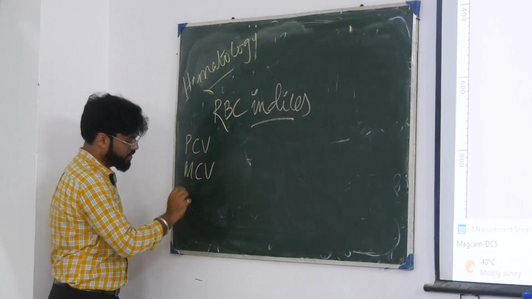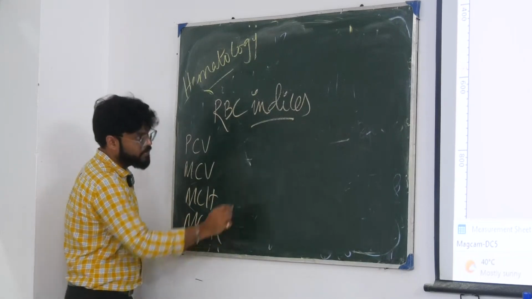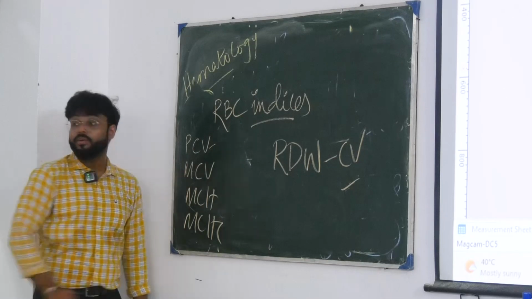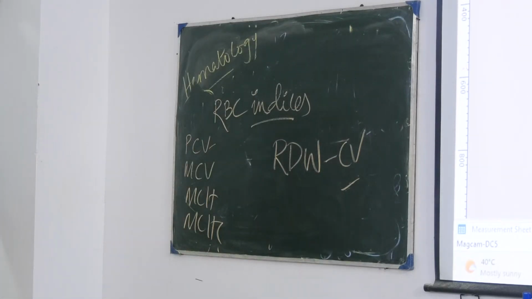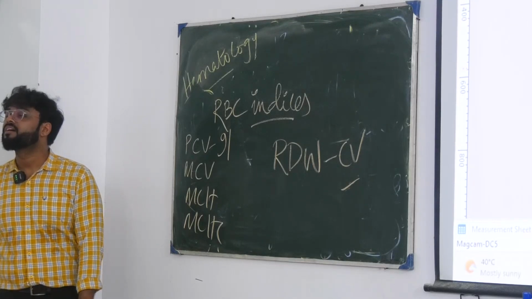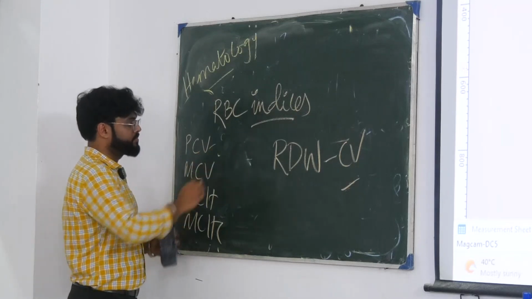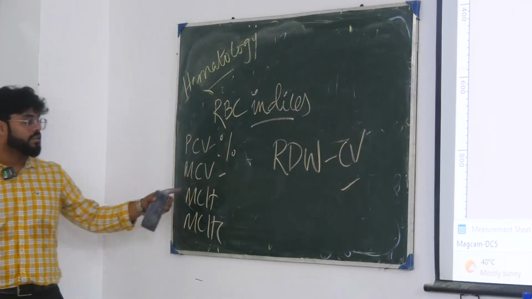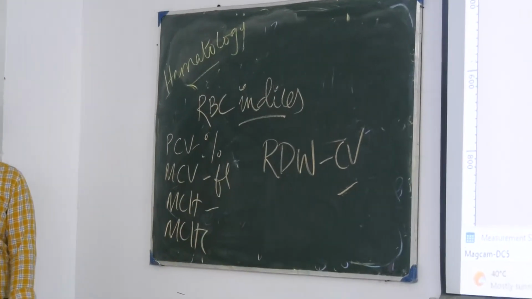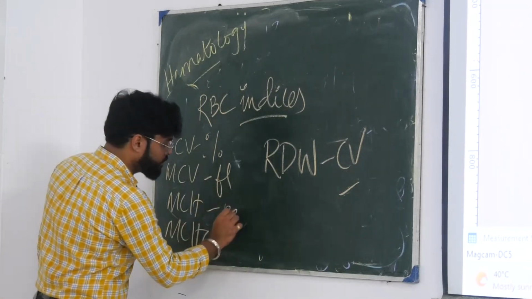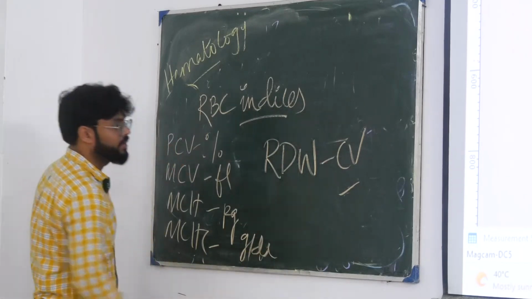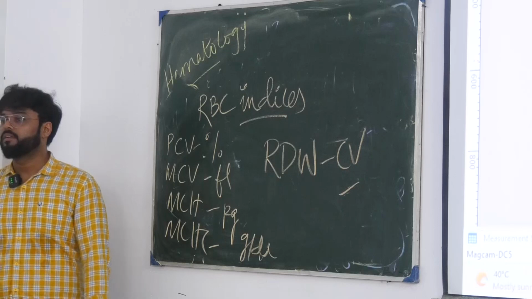পিসিভি, ওকে, ইউনিটগুলো বলো। পিসিভি প্যাক সেল ভলিউম, শুধু পার্সেন্টেজ, ঠিক আছে। এমসিভি ফেমটোলিটার, এমসিএইচ পিকোগ্রাম, এমসিএইচসি এটা কি বলছিলে, গ্রাম পার ডিএল। আরডিডব্লিউসিভি, that is also percentage,